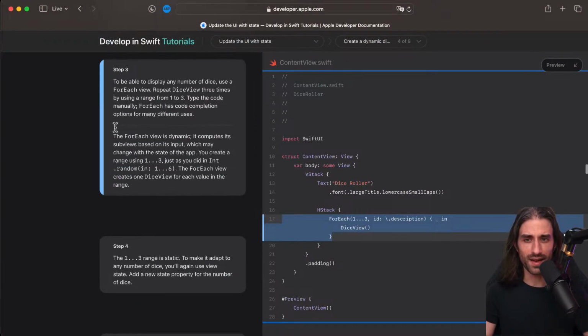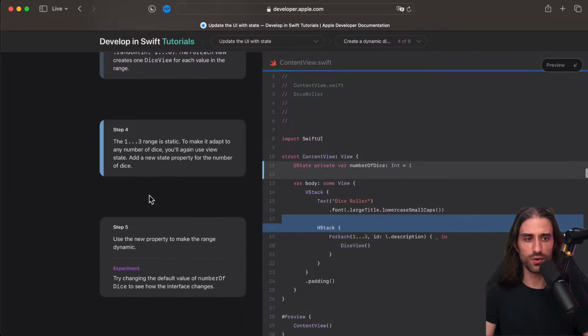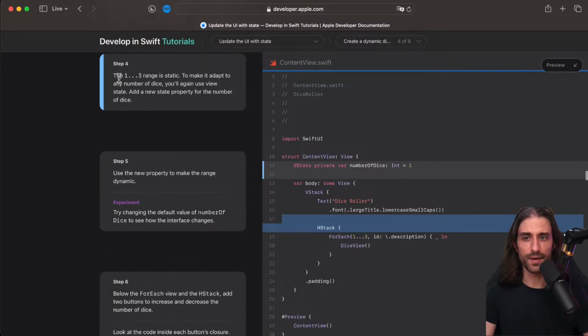Okay. Here they say, the ForEach view is dynamic. It computes its subviews based on its input, which may change with the state of the app. You create a range using 1 all the way through to 3, just as you did with Int.random 1 all the way to 6. The ForEach view creates one dice view for each value in the range. So now this range, 1 to 3, is static.